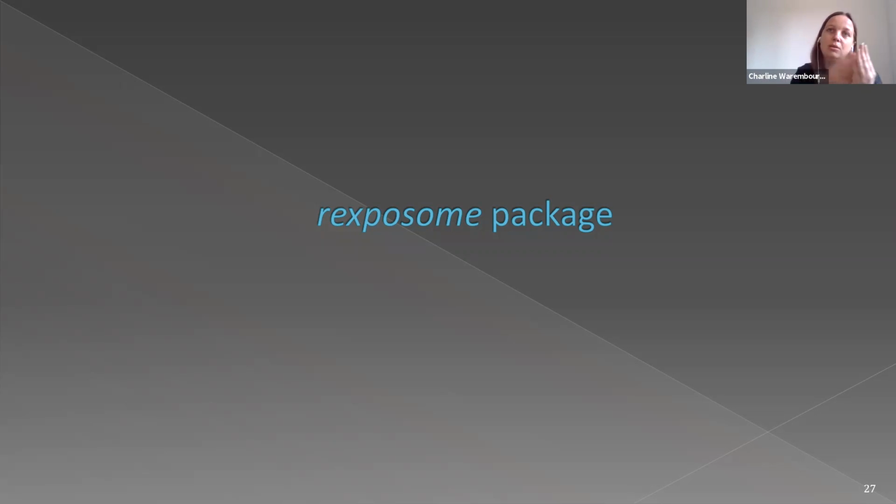Then you look at which variables are selected in all the imputed data sets, or in 50% of the imputed data sets. And then you apply a classical regression, for example a linear regression, adjusting for these variables, using the imputed data sets,